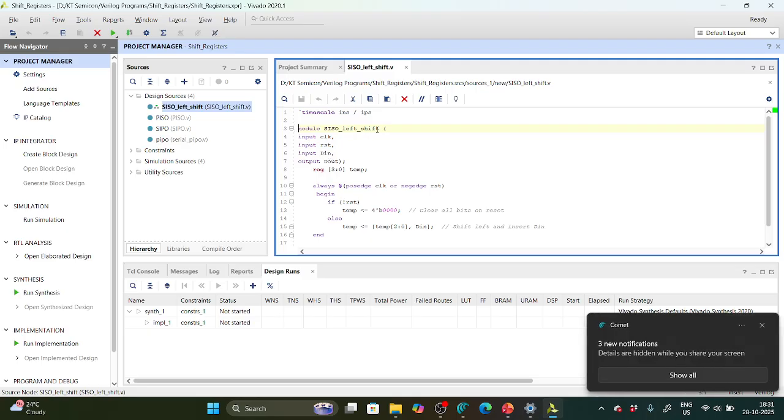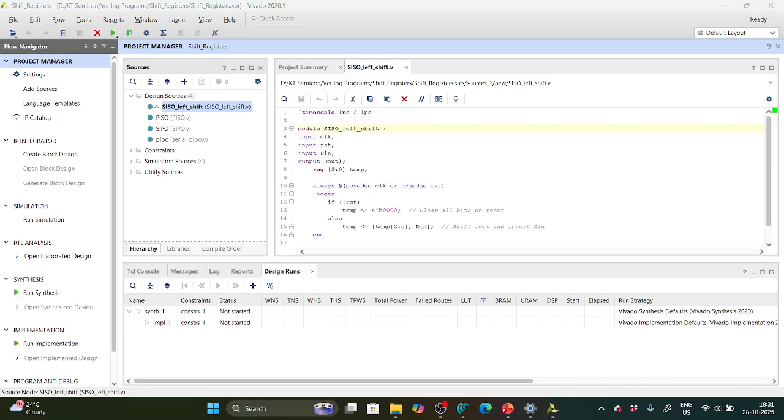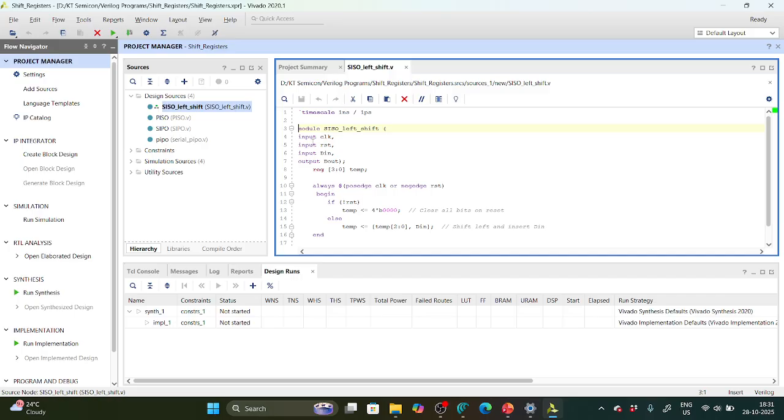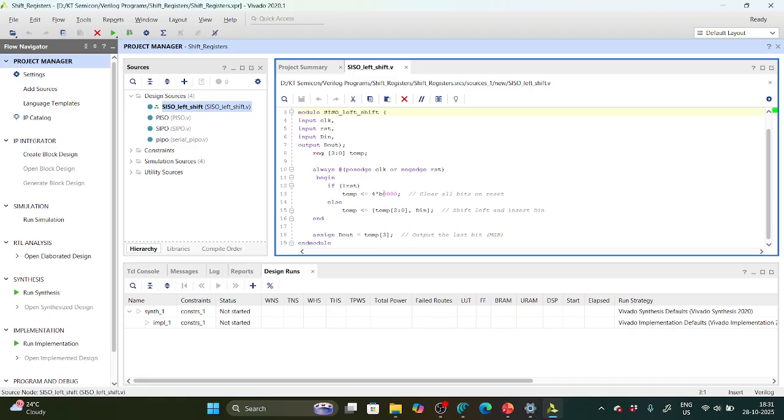So module SISO left shift, and next whatever the inputs: input is clock, input reset, and input is D in. There I considered serial in, but here D in, and output is D out. I'm initializing one temporary register, reg 3 down to 0 temp. Always at the posedge of clock or negedge of reset, I'm using an asynchronous active low reset. Begin, if not of reset,